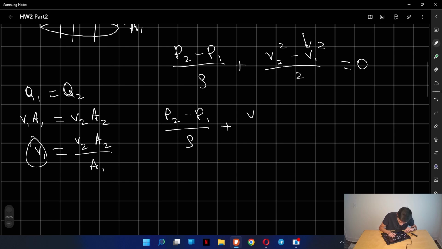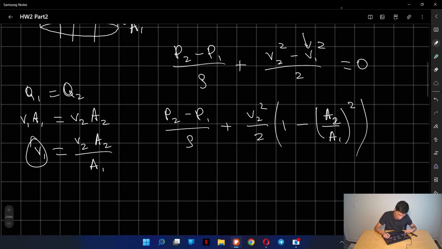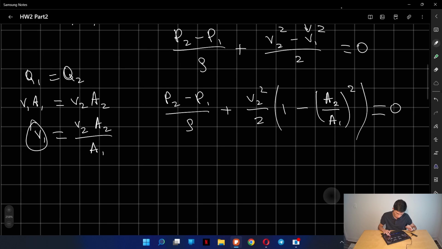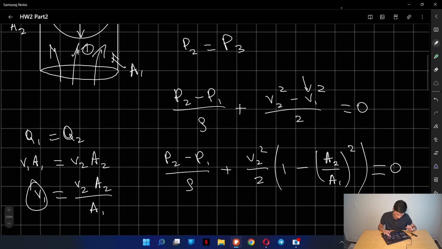So I'm going to have this, and I'm just factorizing it in one step. That's going to be A1, or no, it's A2 over A1 squared, right? And I'm going to make that equal to 0. Okay, that's 0. Okay, what we can do next is